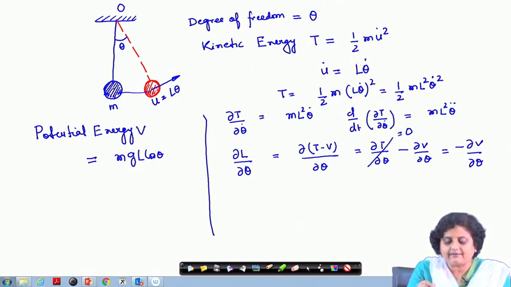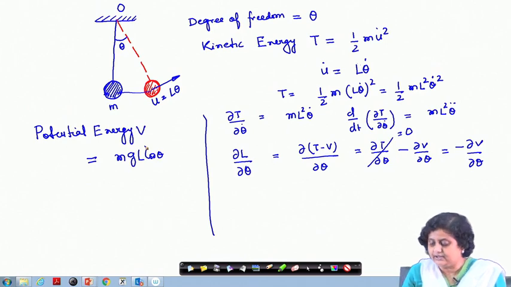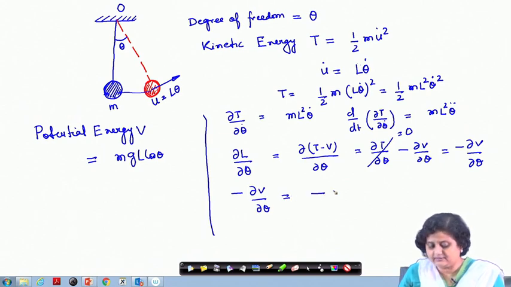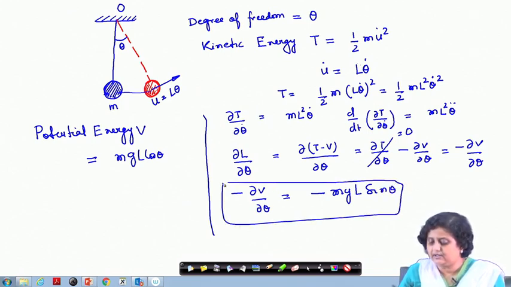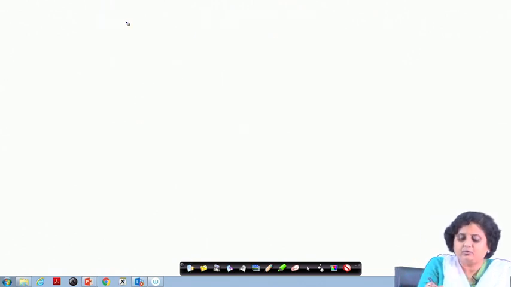Therefore, minus del V by del theta is equal to minus m g L sin theta. So, this is one part of the equation and this is the other part of the equation. Now, if I write down the equation of motion, then I have d dt